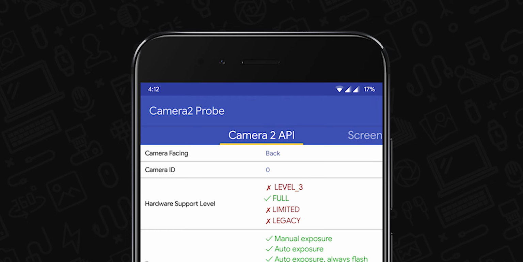If it is full, it means your phone supports all Camera2 API features. If it is limited, as the name suggests, your smartphone supports only some limited features of Camera2 API. If it is legacy, it means your smartphone only supports Camera1 API features, not Camera2 API. So the final and simple thing is, if your smartphone supports level 3, then it means your smartphone supports all